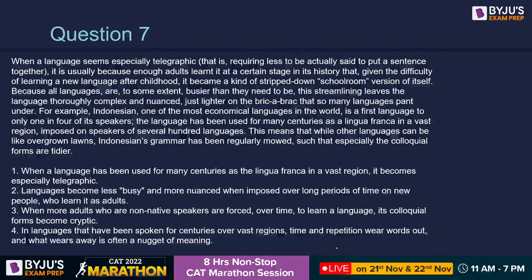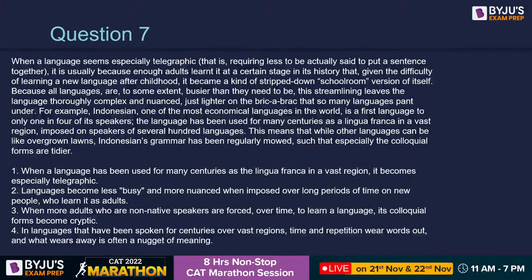So, the paragraph requires understanding that when you learn a language later in your life, you are not so good at it. This is a very layperson interpretation that I made when I was reading this, in the sense that your speaking in that language will not be as nuanced. You would not know as many, let's say, idioms, so that in-depth knowledge would not be there. You would just know the basics, right?